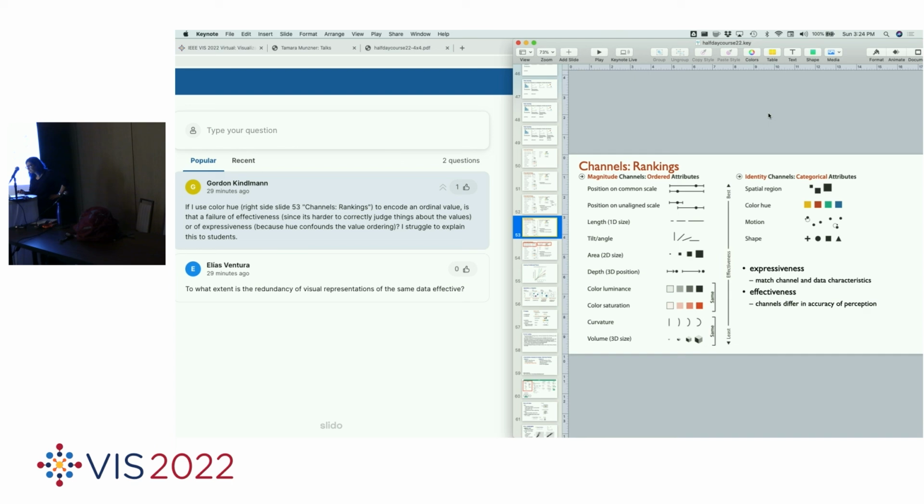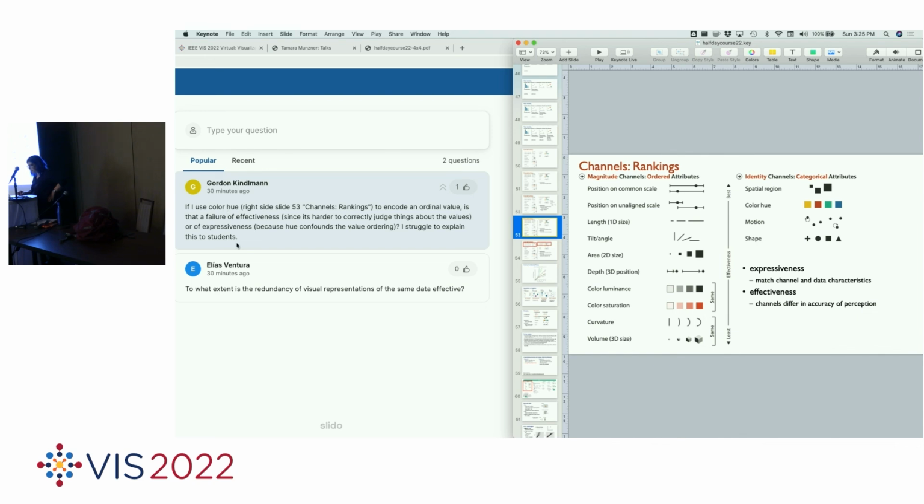So my first thought is maybe it's both. Maybe it is both an effectiveness issue because you are losing information about the order,